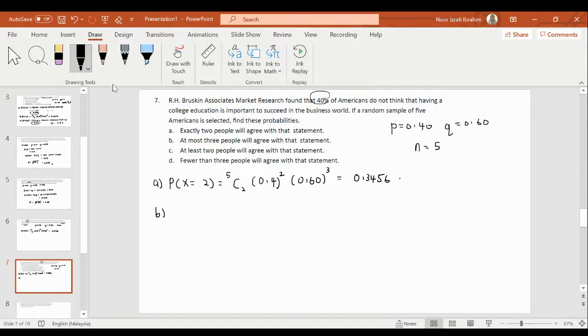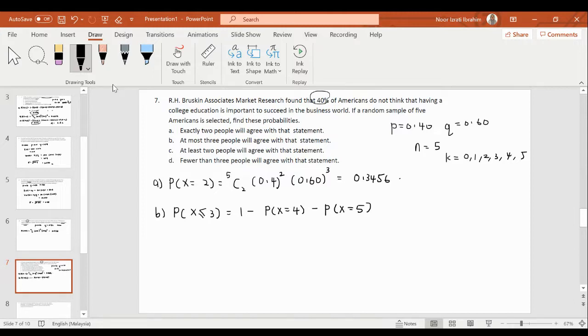For B, at most 3 people agree. At most means maximum is 3, so it will be x less than or equal to 3. So n equals 5, that means we have either k = 0, 1, 2, 3, 4, or 5. Less than or equal to 3 is equivalent to 1 minus probability when x equals 4 minus probability when x